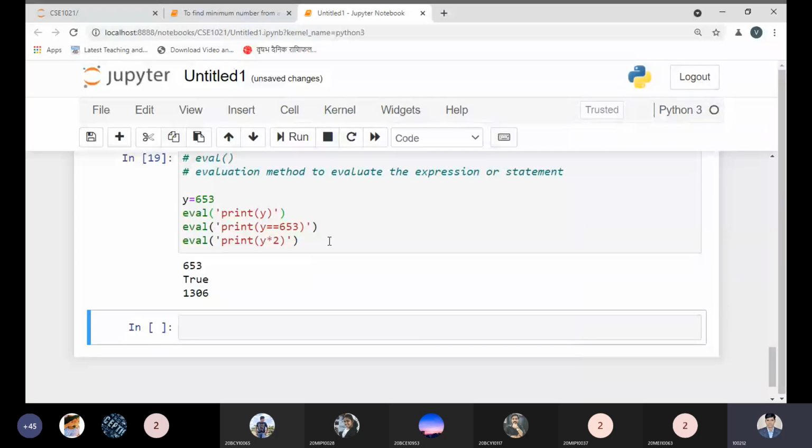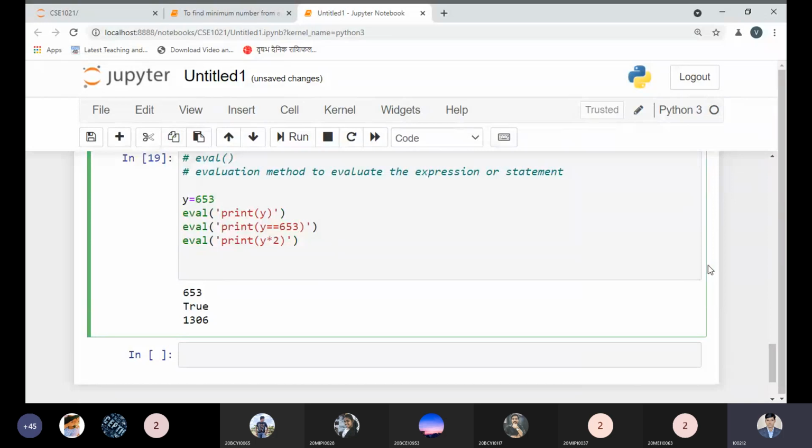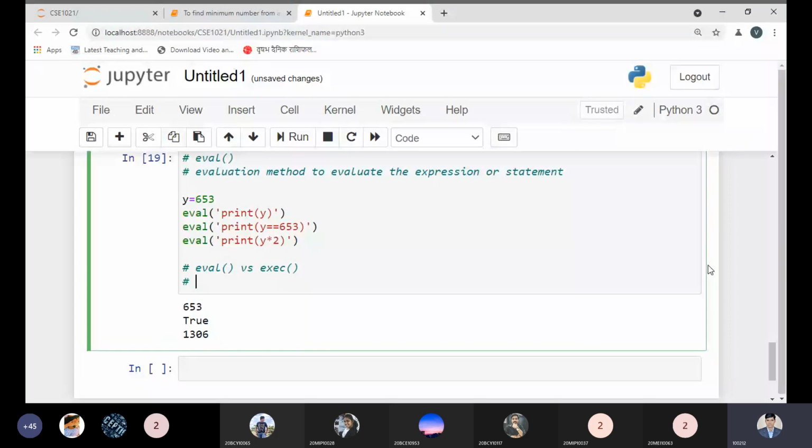Now the question comes to our mind: what is the difference between eval versus exec? Here we have two different methods. Now what is the difference between these two methods? Let me make it clear to all.